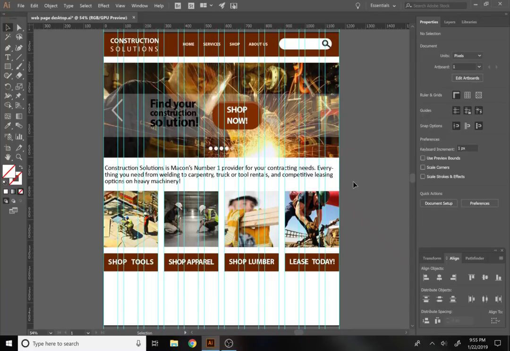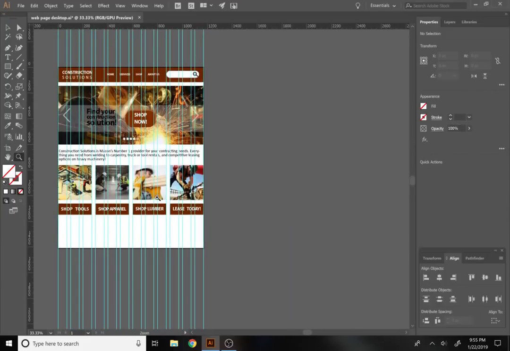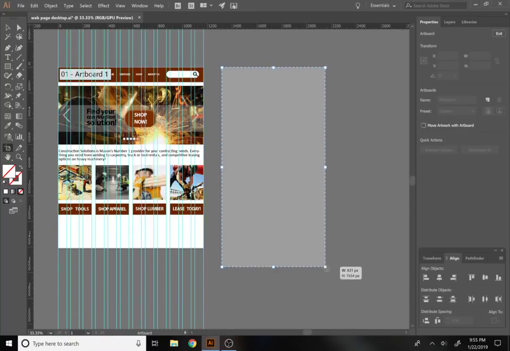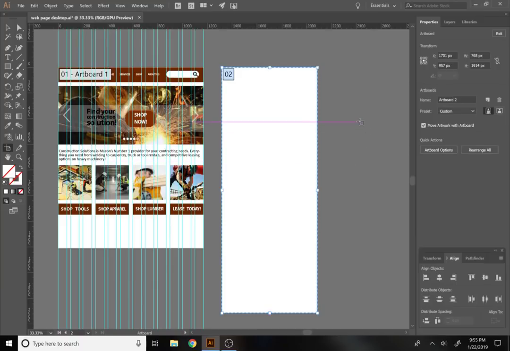Okay, so let's go over here to our artboard tool. Artboard tool right here. I'm going to zoom out a good deal before I do anything else with the artboard tool. And I'm going to go over to the side here, and let's go ahead and make a new artboard. And we're going to make it a little bit narrower and a little bit longer, taller, shall we say. And it's going to be 768 pixels wide, and the height may change based on what kind of content you've got at the top here. So I'm just going to go ahead 768, right about there, and then I'm going to make another artboard, and